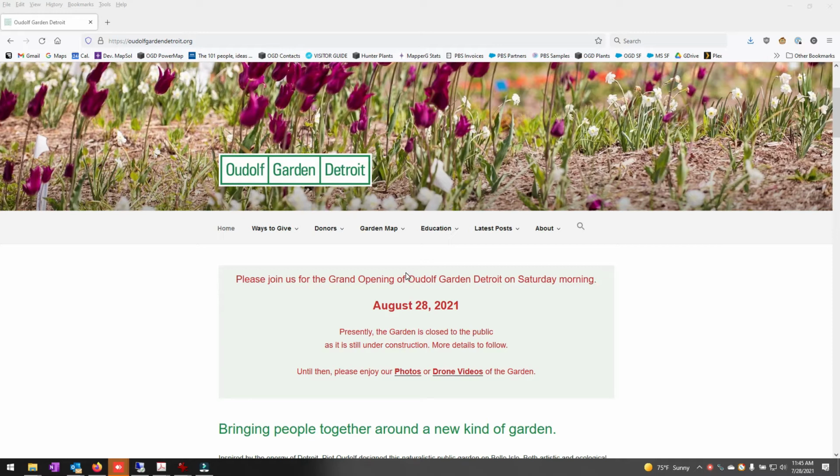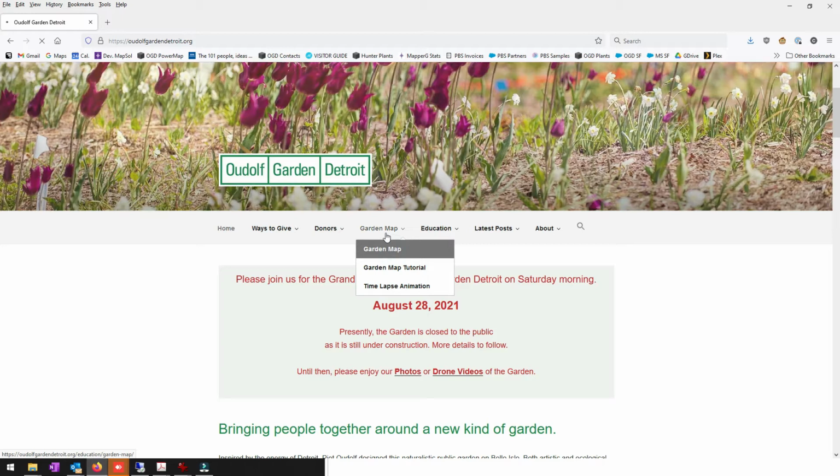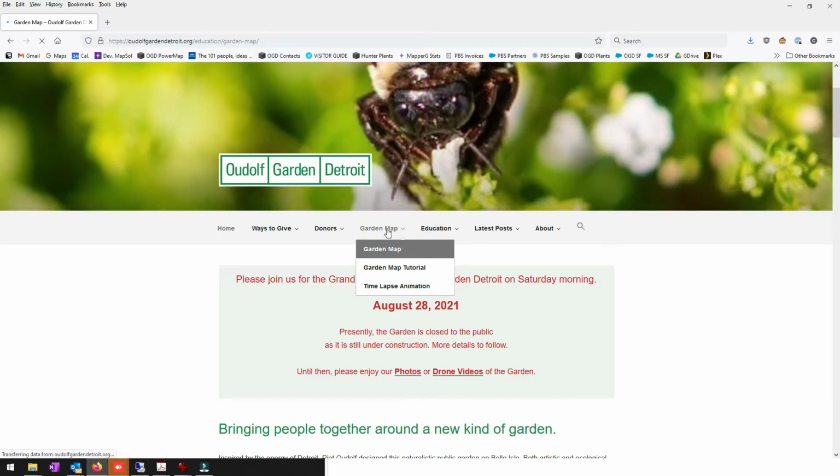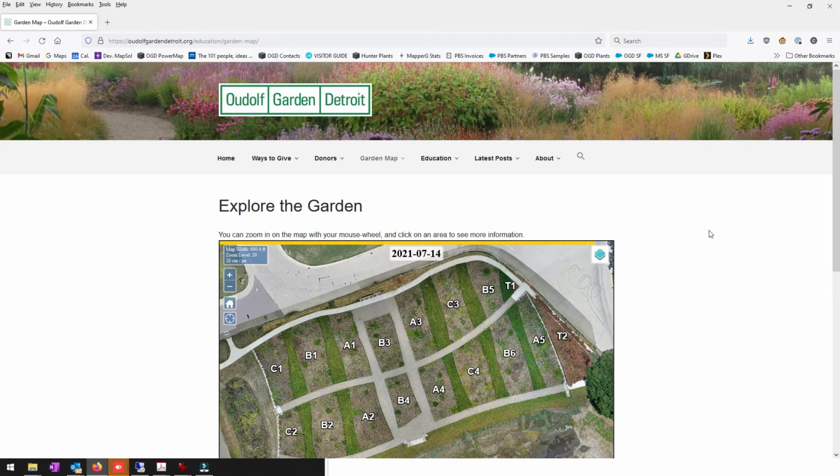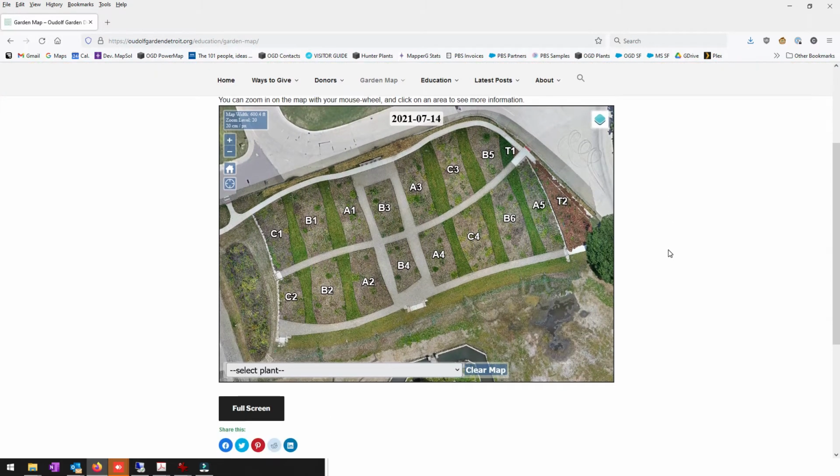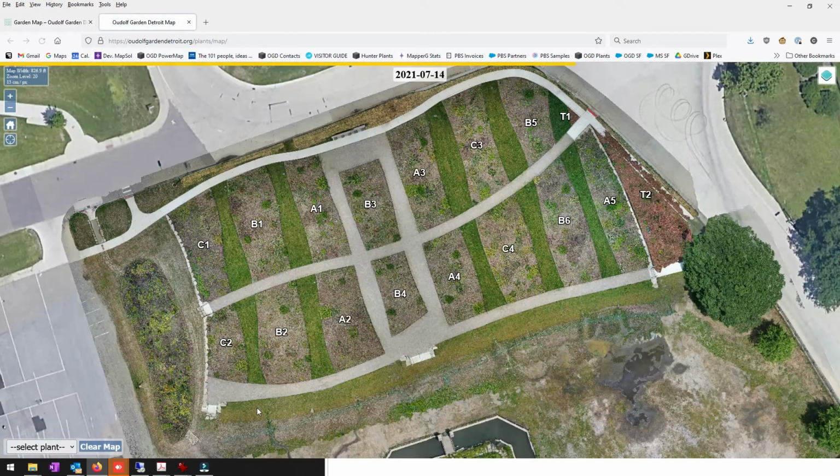The purpose of today's video is just to give you an idea on how to use the garden map at oudolfgardendetroit.org. So you come to the menu from the main site, click on Garden Map, and this Explore the Garden comes up. I usually prefer to use it in full screen so I can get a better look at the